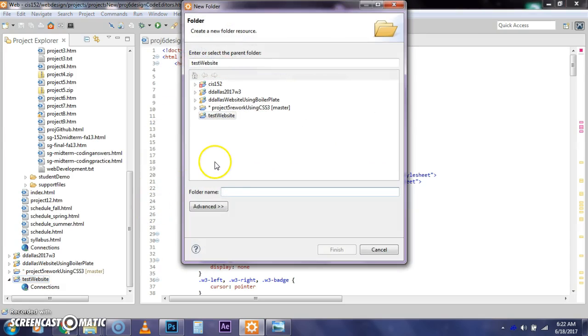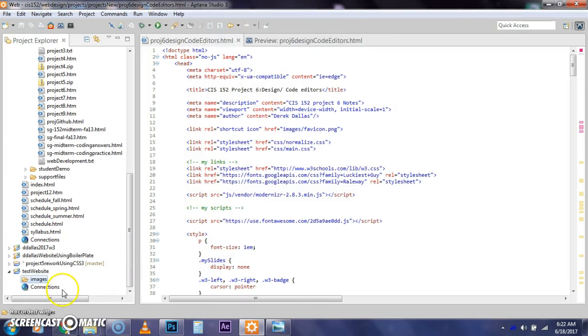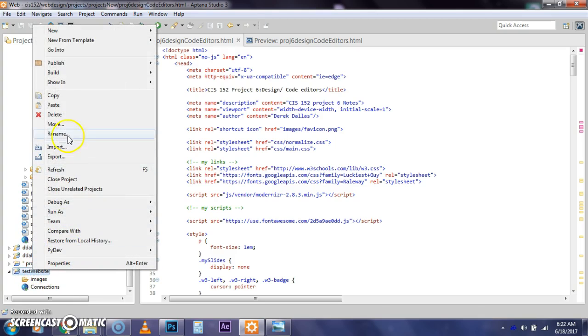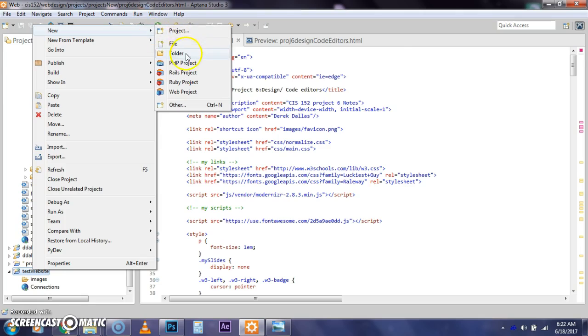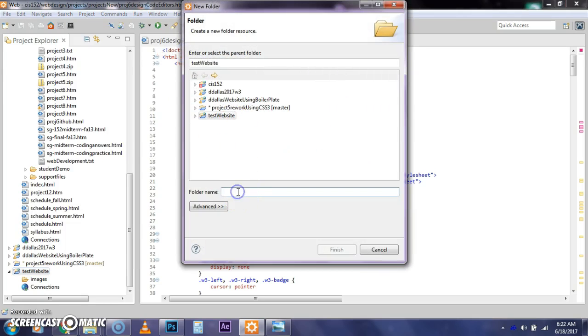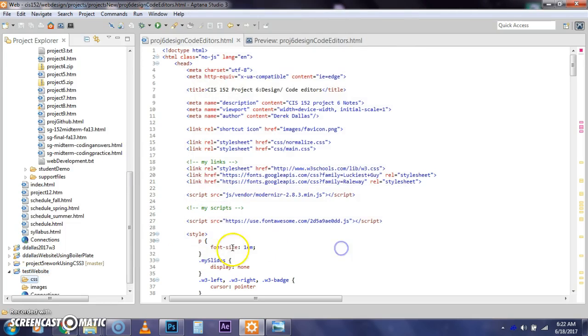So if I wanted to add, say, an images folder, I could do that. And now inside of there is my images. If I wanted a new folder for my CSS, I could do that. If I wanted to say, okay, now I'm going to write my index page,